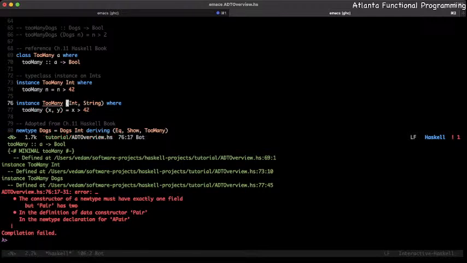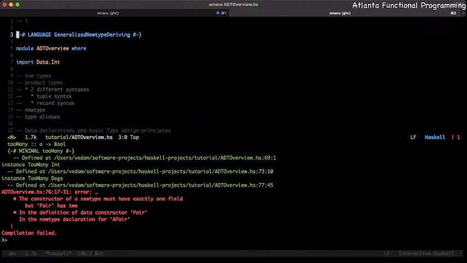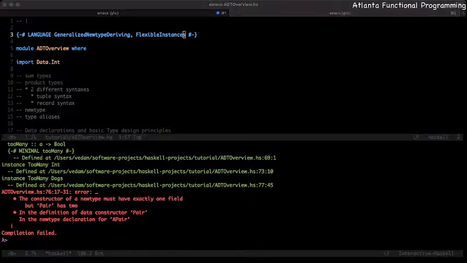What is this complaining about? Illegal instance: all instance types must be distinct type variables. So let's see if I could do this. We might have to use FlexibleInstances as a language context. FlexibleInstances is, in Haskell,